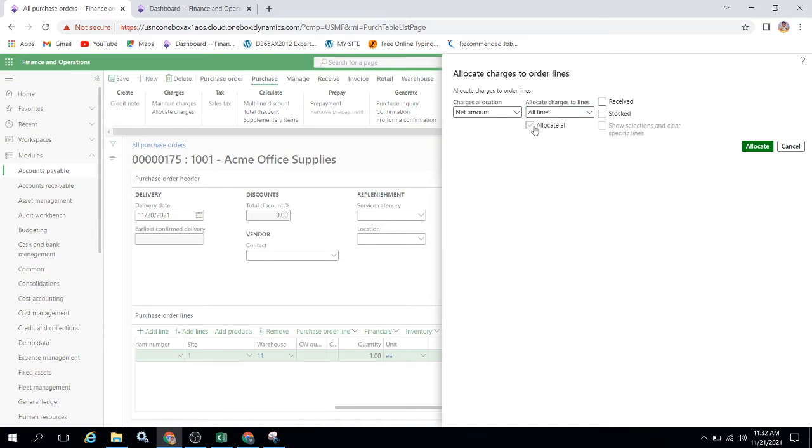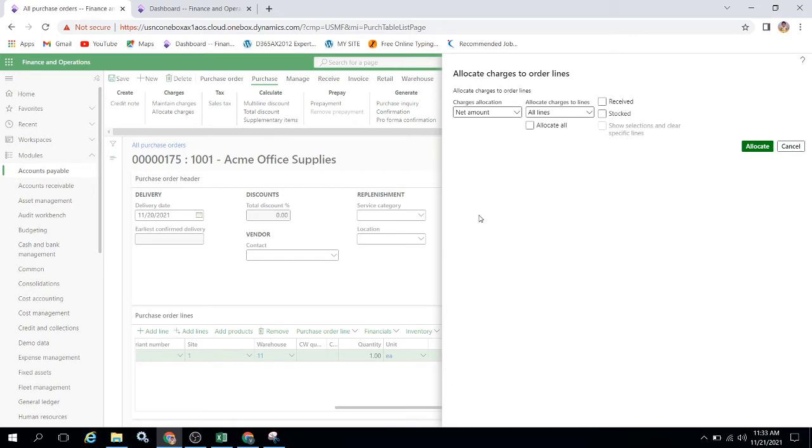Allocate to all means it will be applicable to all the lines. If your purchase order has 2-3 lines and you want to allocate the charges to all the lines, you can enable this.